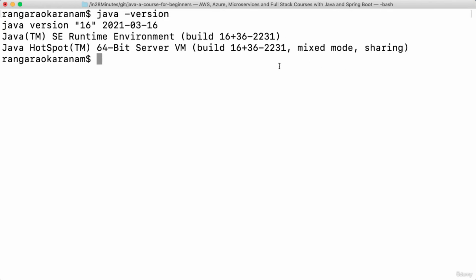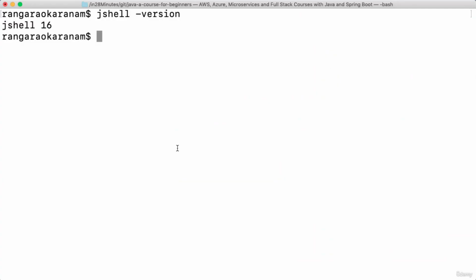You can see that I see Java version 16, 2021-03-16 in here. That's cool. If you type in jshell -version, you should see something similar in here, jshell 16. That's cool as well. If you had any problems with java -version or jshell -version, what I would recommend you